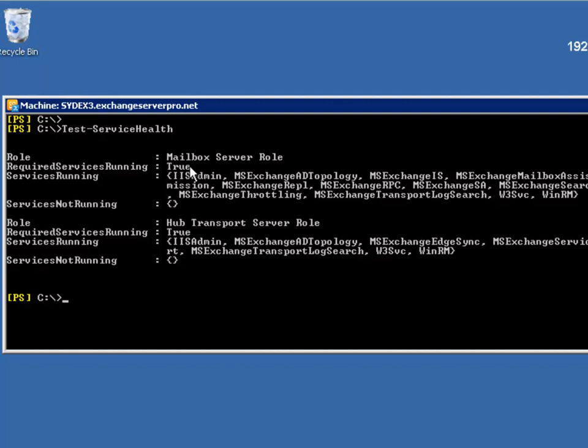What that will do is it will roll through each of the installed roles on the server, and it will make sure that all of the required services are running, that there are no services that are not running, and it gives you this true or false result. So you can also run it against remote servers. So I'll run it against my server BNE-EX1,